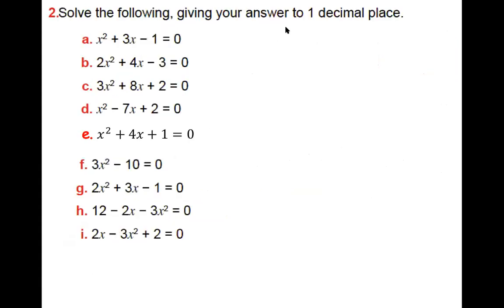So in this case here, when we are asked to solve a quadratic equation and we are told that the answer is expected to be given with a certain number of decimal points, then you need to use what we call the quadratic formula. The quadratic formula is in your formula sheet. And that would mean